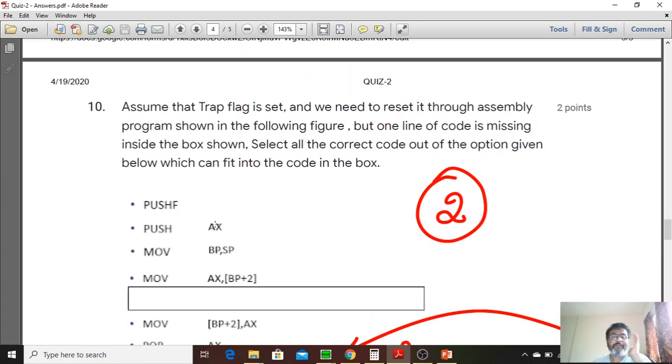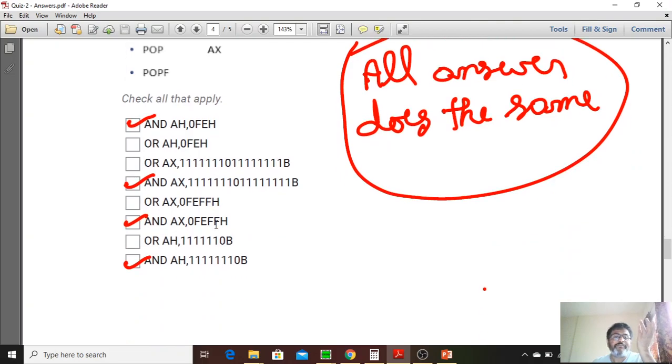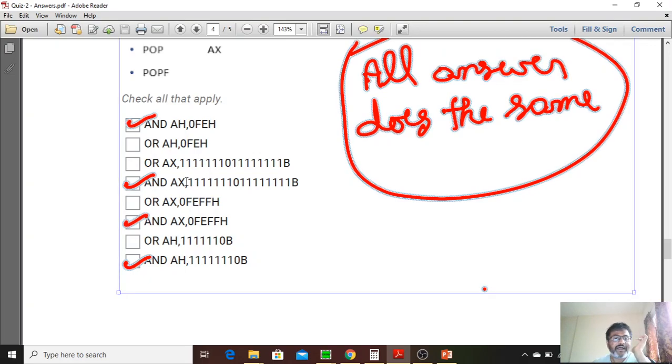Here, the purpose is to reset it. Reset the trap bit and do remaining things same. Okay, so the best operation is the AND operation here, right? So if you do, see, there you had OR of AX 0000010000B, right? So here we are resetting it. We have AND operation, right? And it is